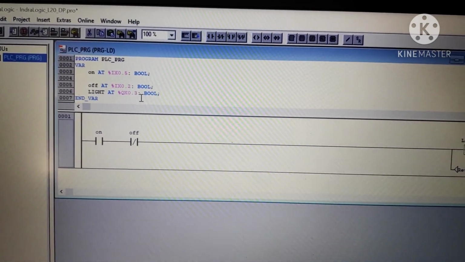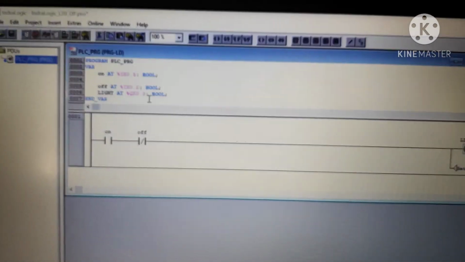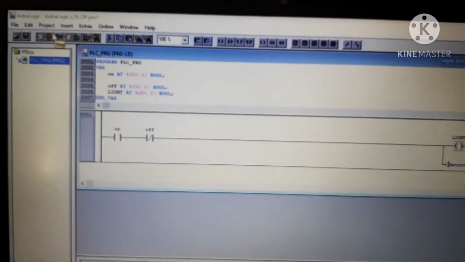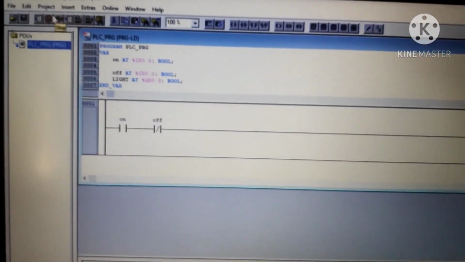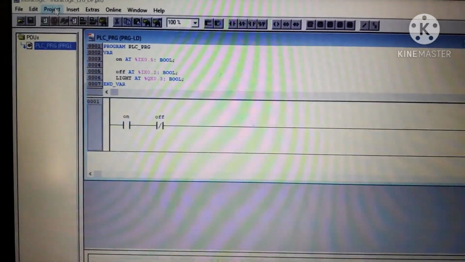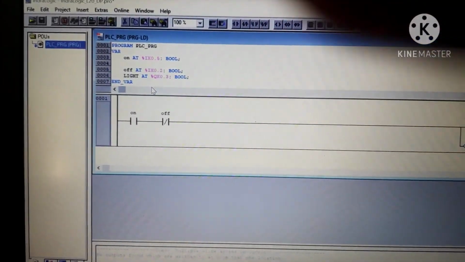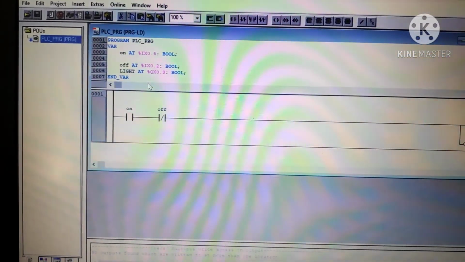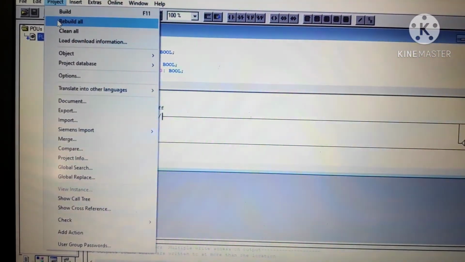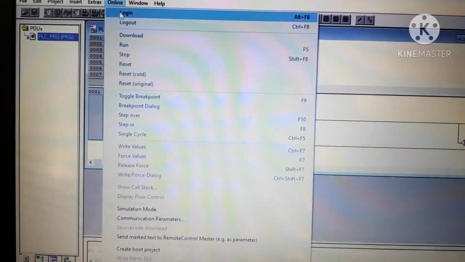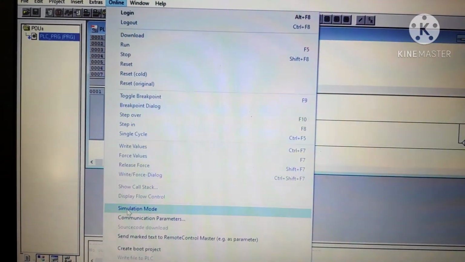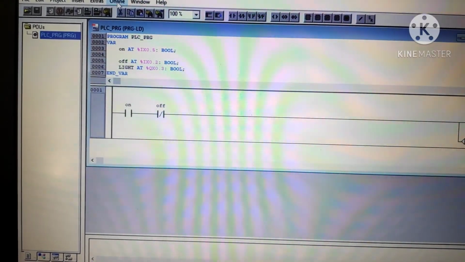5, 2, 3. Everything should be different. Now you're working from your home. You're not using PLC hardware in front of you. So what you should do, this is a common step which we have. Project, rebuild all, online, go to simulation mode, login.